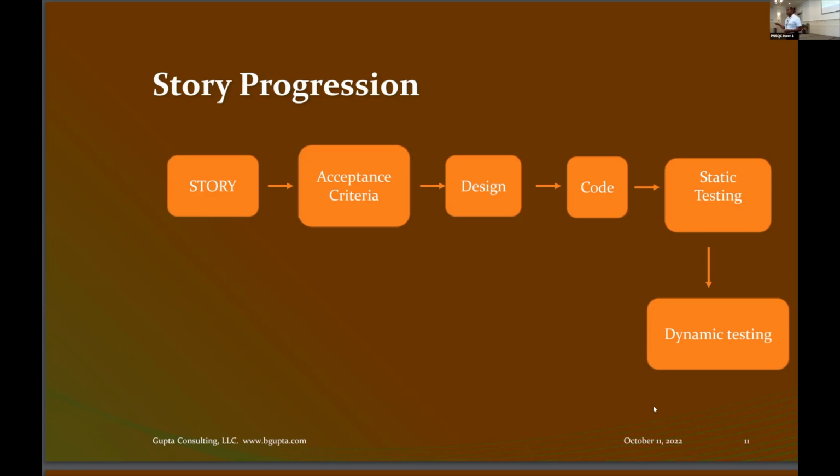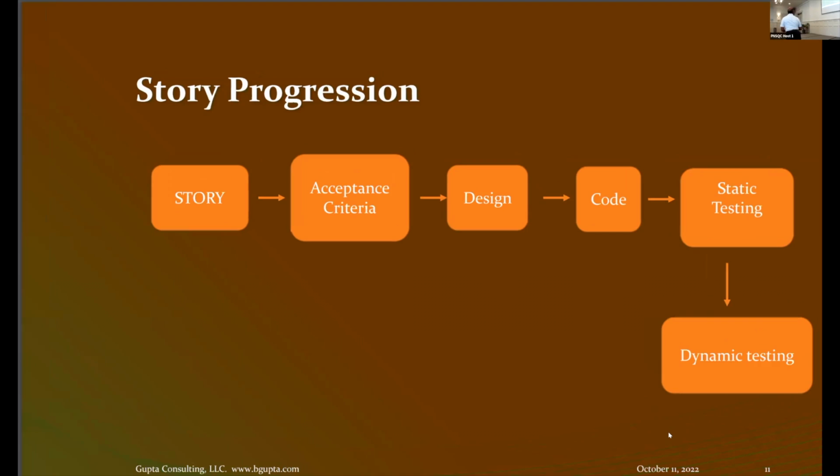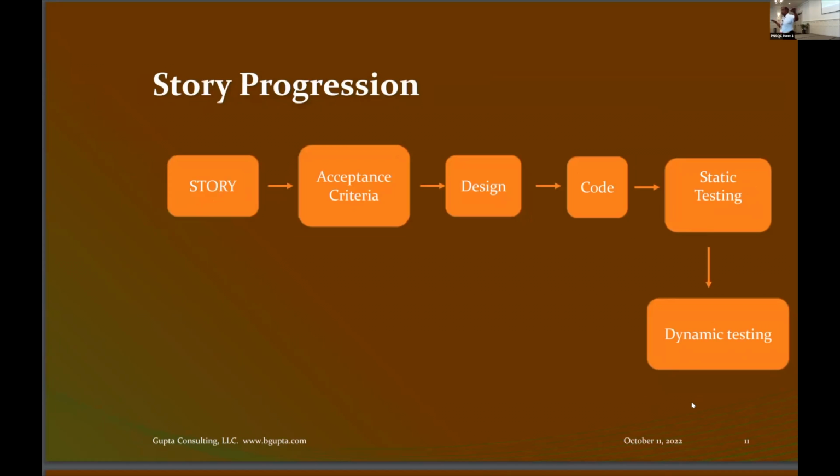Next obvious step is we're going to design the story, develop it, and then code it and test it at 2 different stages. First stage is raw code, second stage is running code, and we test it from a security perspective. That is the chain of steps a story will go through when you are doing agile development.